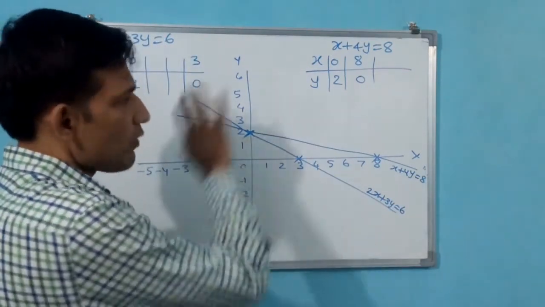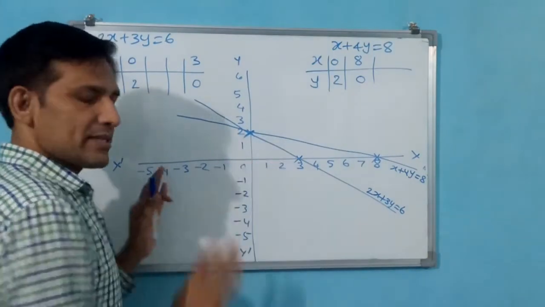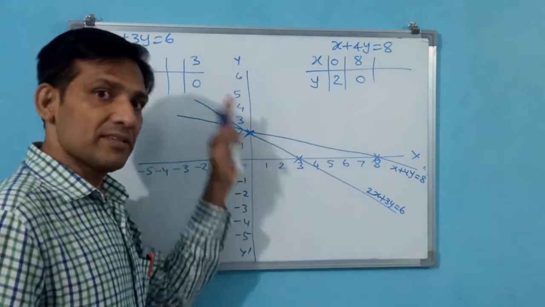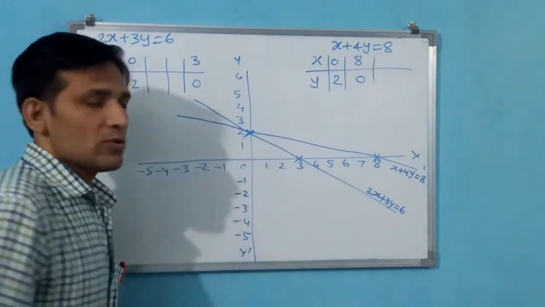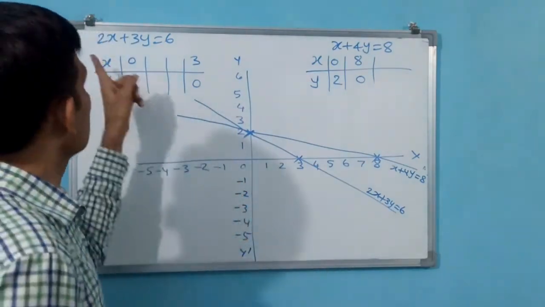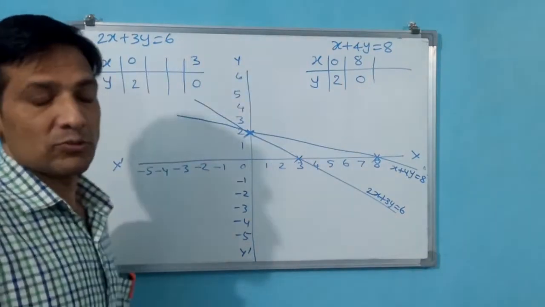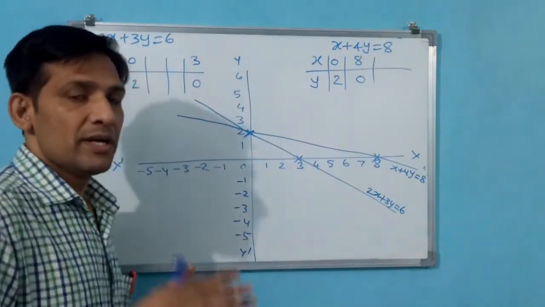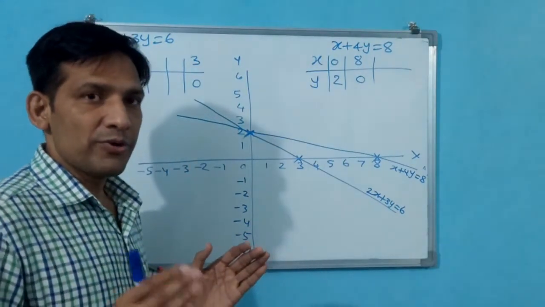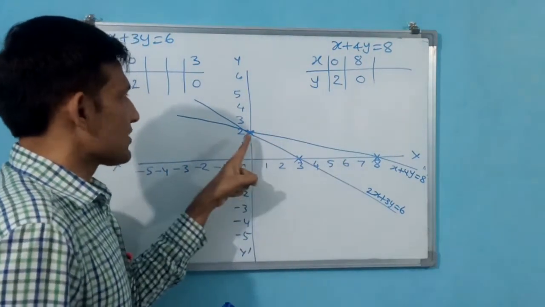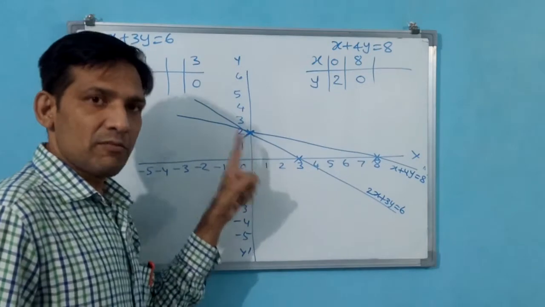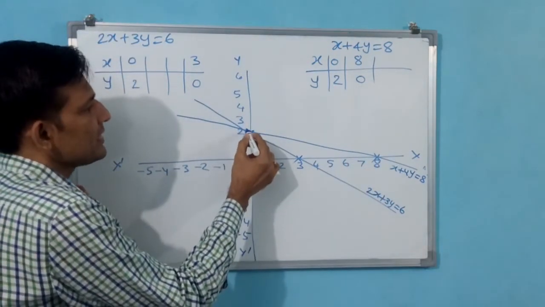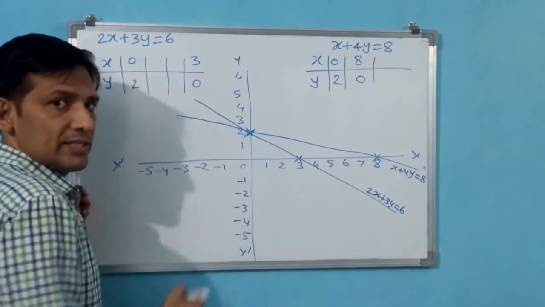Okay. Now we have completed plotting the graphs, two different lines on the same graph. Now the question has asked to solve the equations. Solving the equations means what? Finding x and y values. You see, x and y values are going to come where these two graphs intersect at one point. Here they are intersecting each other.